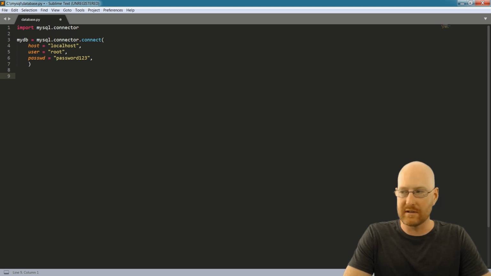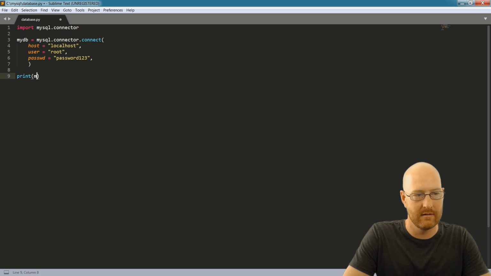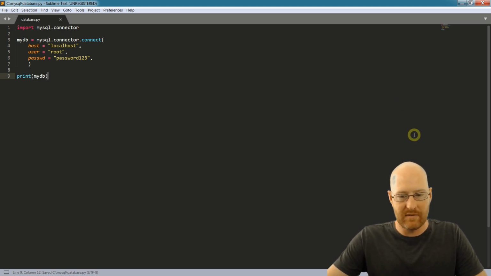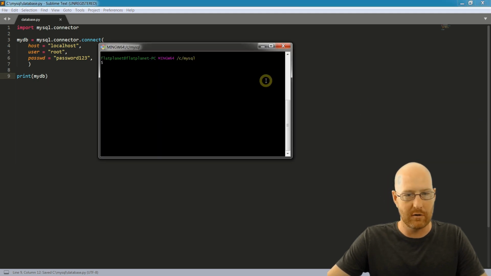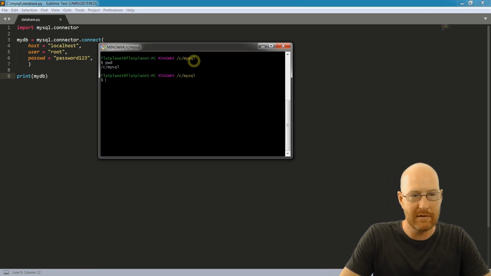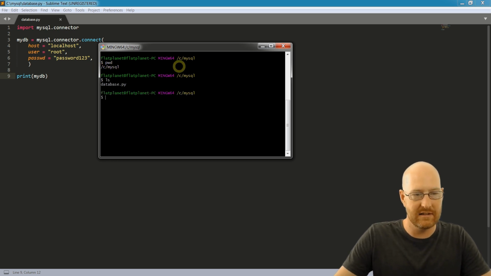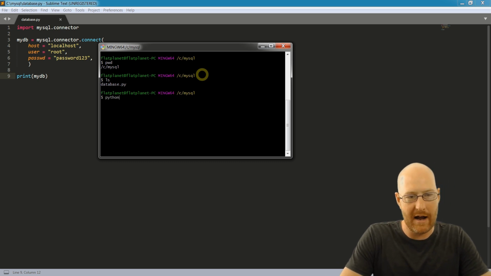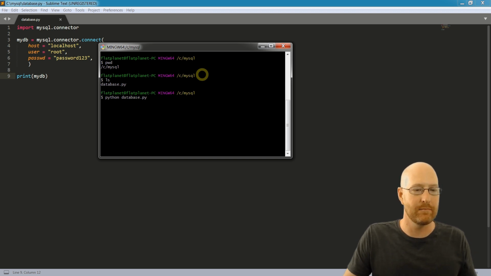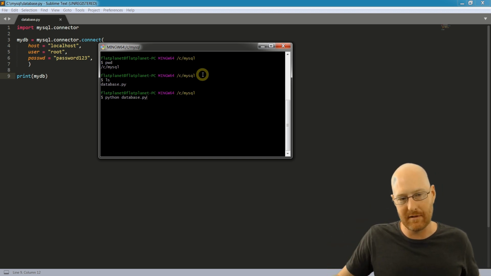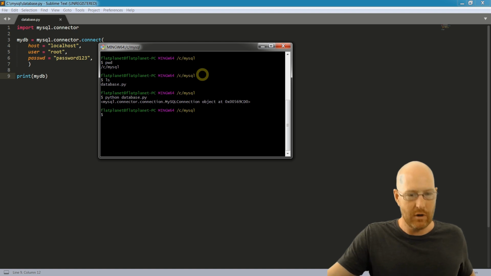To prove that this worked, we can print out this MyDB variable that we just created. So if we save this, head over to our little bash terminal and pwd to make sure we're in this C MySQL directory, ls to list the stuff. We can see, oh, there's that database.py file. So now let's run this thing. Python database.py, and this is how you run Python programs. You type in Python and then the name of the program. Boom, we get this